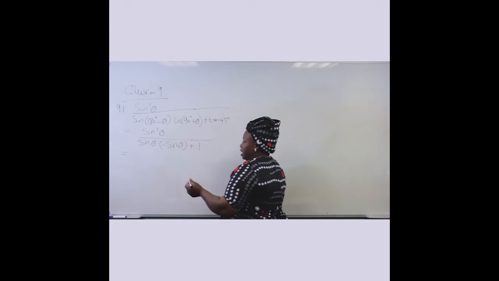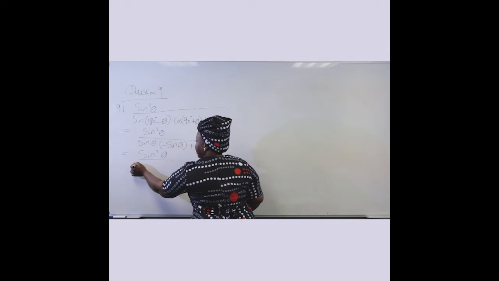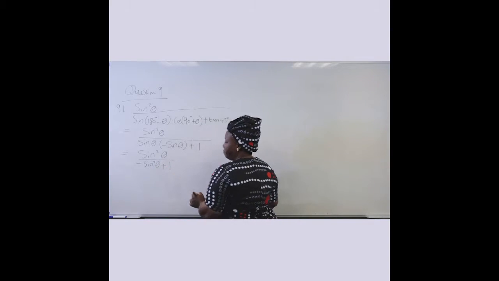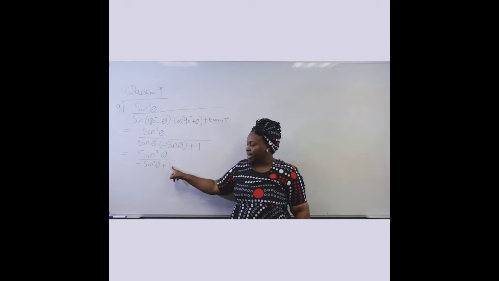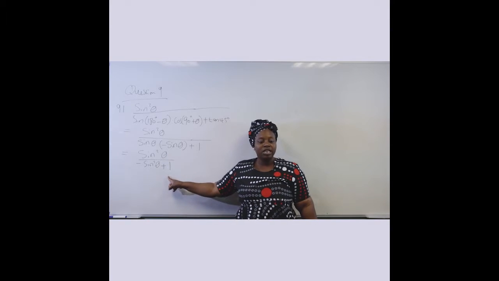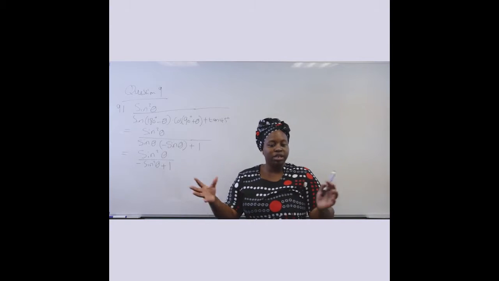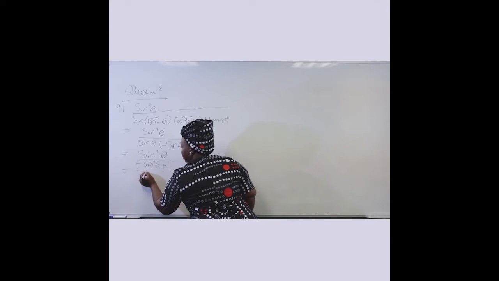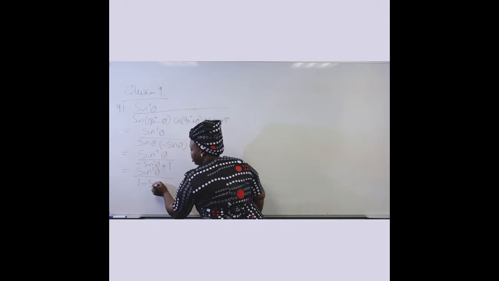Okay. Now let's simplify this as sine squared of theta divided by negative sine squared of theta plus 1. Now look at this. Folks, you cannot cancel the sine squared because this is 2 terms at the denominator, it is not 1. If you want to cancel or to do something, make sure that your 2 terms become 1. So if I rearrange this denominator, I will have sine squared of theta divided by 1 minus sine squared of